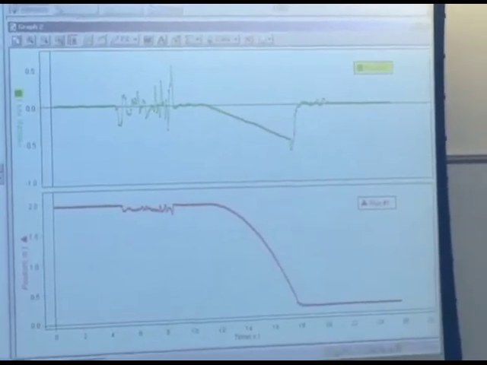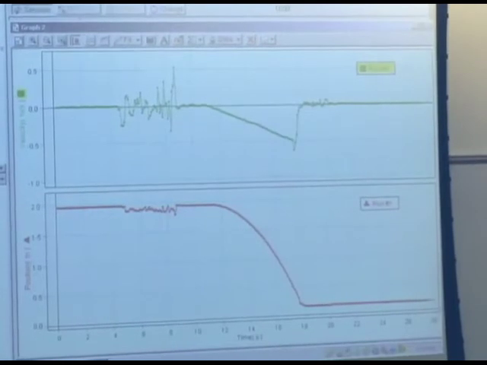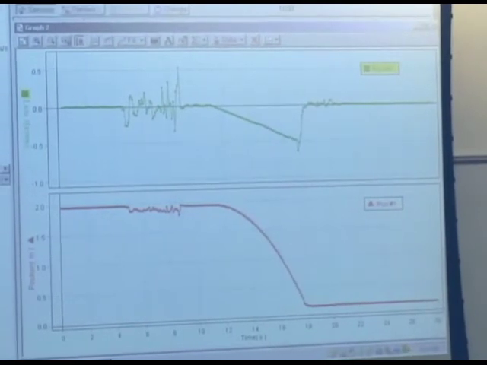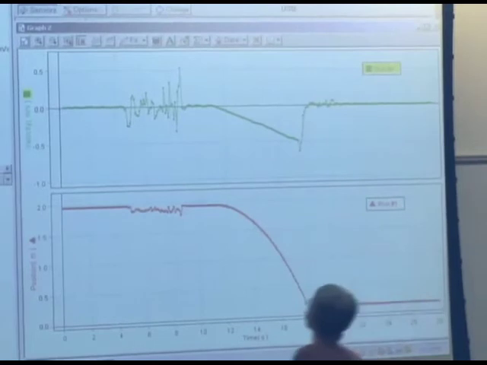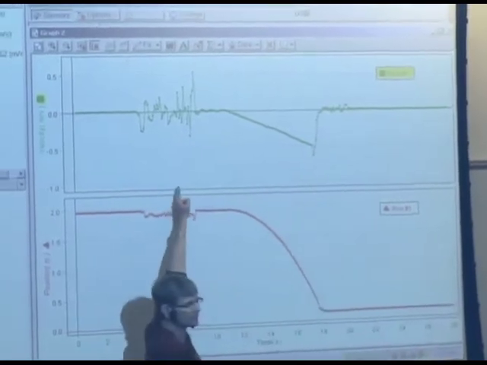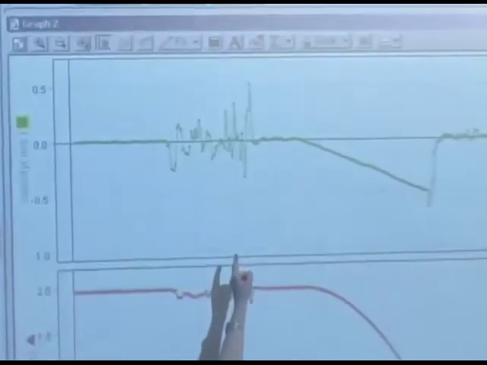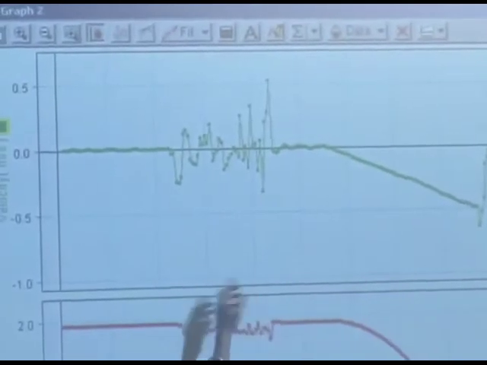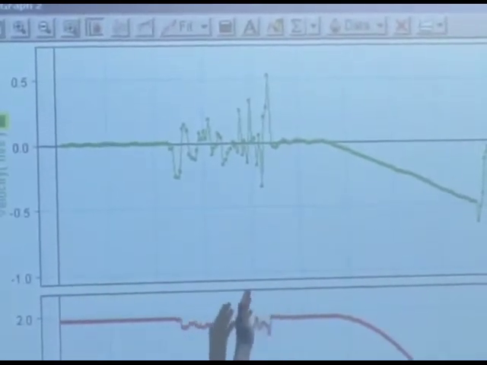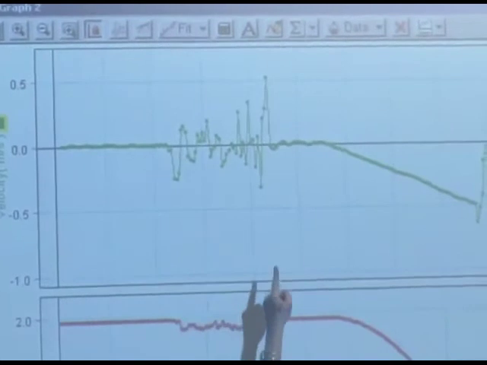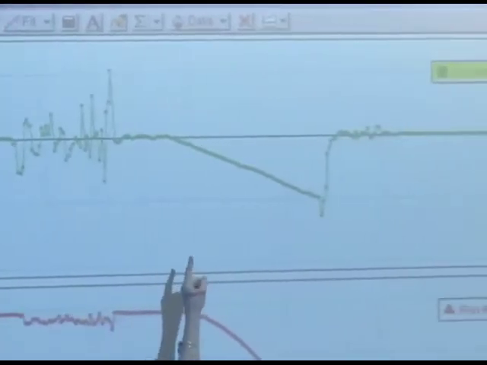I better stop the recorder. Okay, so the real world tends to be a little messy. What do you think happened here? I got my hand in the way of the detector, didn't I? So it was bouncing off my hand. I wasn't careful enough. But then I got my hand out of the way, and then v sub x was